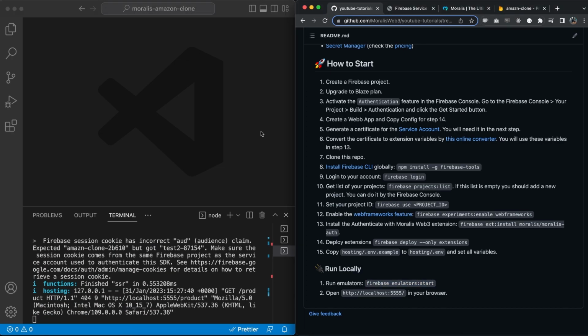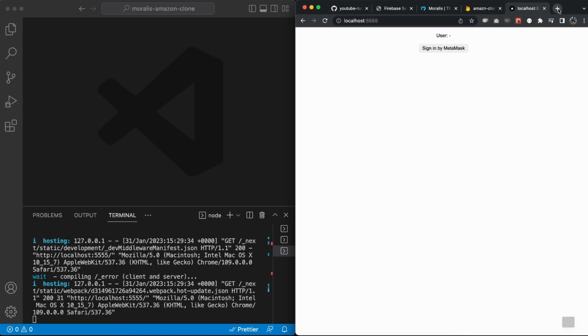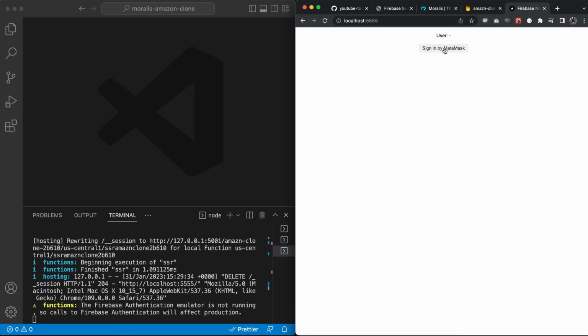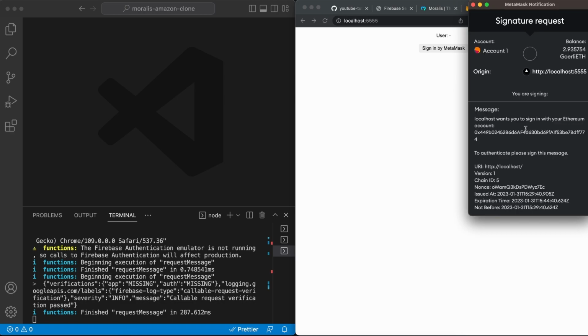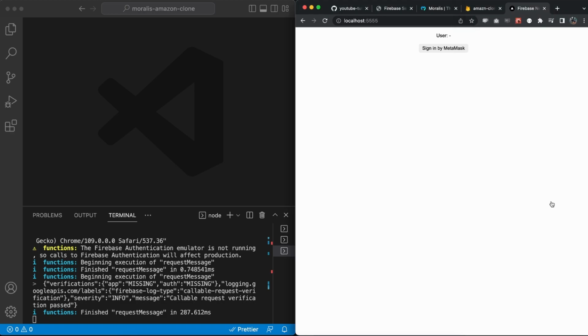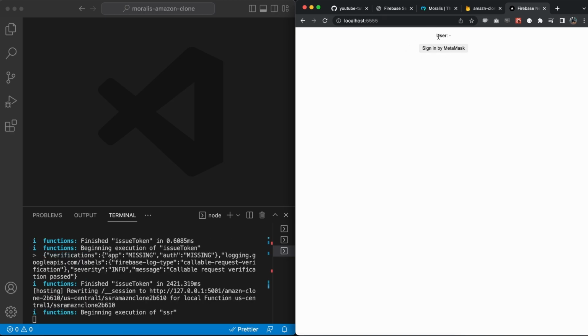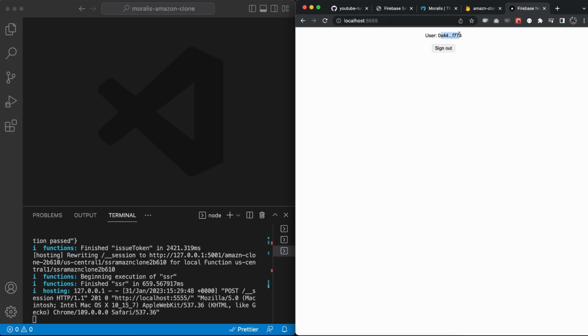It takes a moment, but once it's done, let's go to localhost 5555 to see our application up and running. And there we have it. We can see the sign in button by MetaMask, and if we click that, it should pop up MetaMask like so, and we can sign this, and then we should see the wallet address that's connected and the sign out